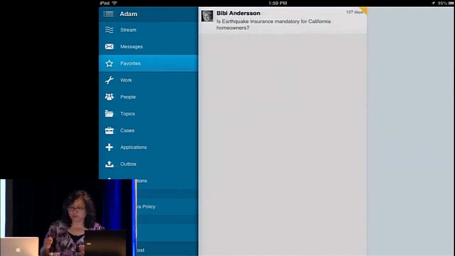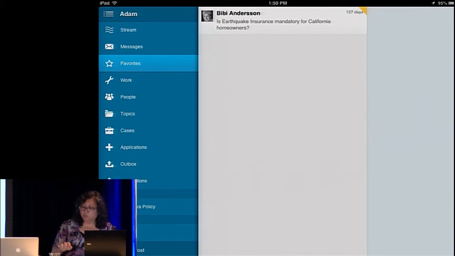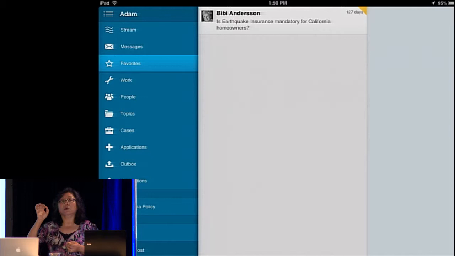We can see how the favorites work again. There it is. So that, again, gives you a way of being able to get to information quickly. So we're providing a lot of different ways for people to customize the information so that they can find it more readily. But what we think is probably most interesting about Touch is its ability to deal with work.